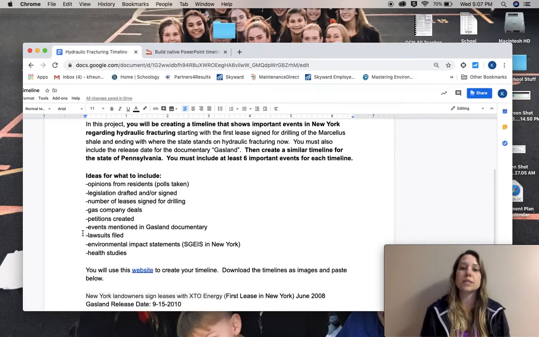Lawsuits filed by citizens or companies, those sorts of things would all be really good things to add in your timeline. But please feel free to include anything else that you think is important in showing, again, that timeline of events.